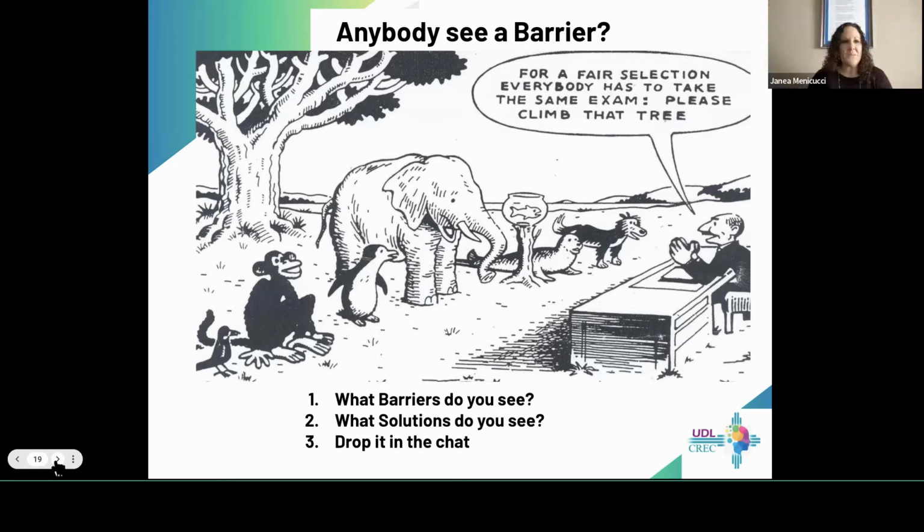Anyone else see any other barriers? Right, not every animal has hands, so they can't grasp. Oh, arm strength to weight ratio, absolutely. That's a big one. And even just defining that word climb, because technically the bird can get up in the tree, but